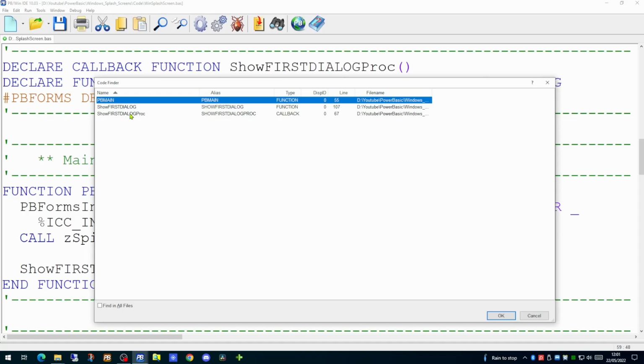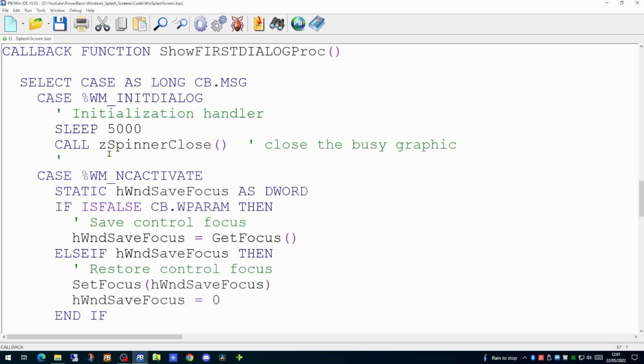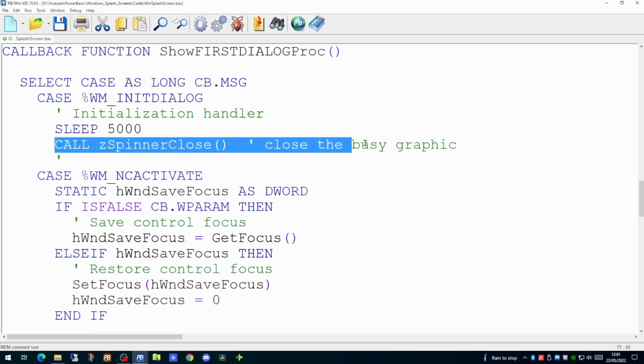If we have a look at the event handler, the callback function for a dialog, we'll see in here, after our simulated delay of 5 seconds, we will call another function to close down the spinner graphic, so that our splash screen will be terminated. If we make this the last call in our initialization dialog, then everything the dialog needs to load can be done before we close down the graphic. If we compile that now,